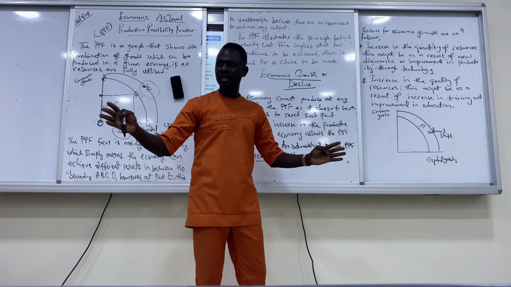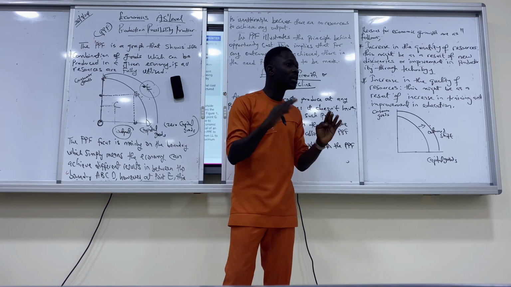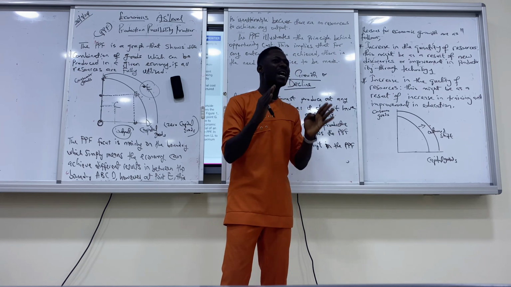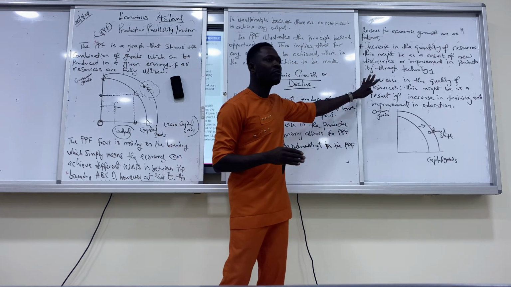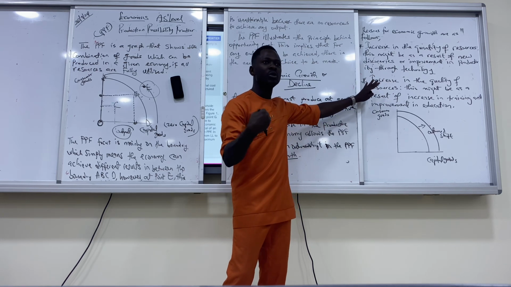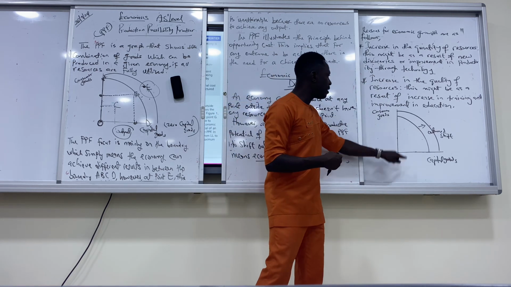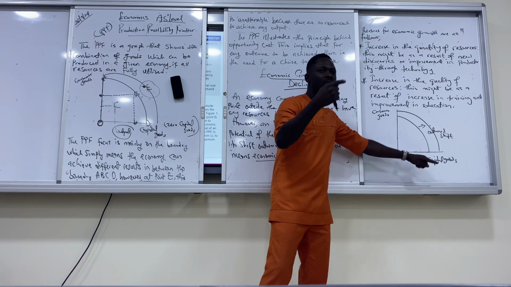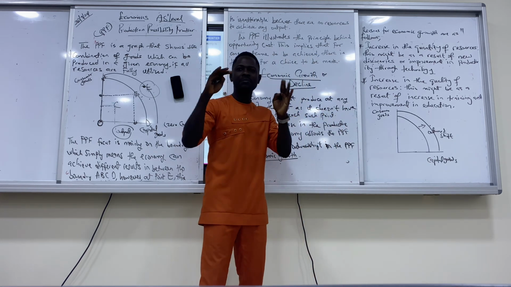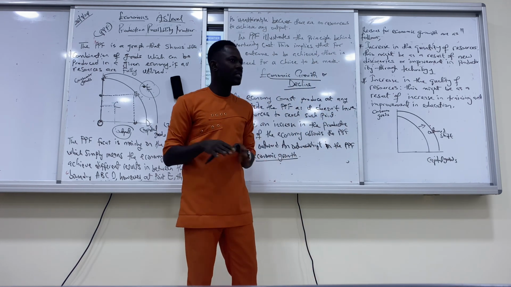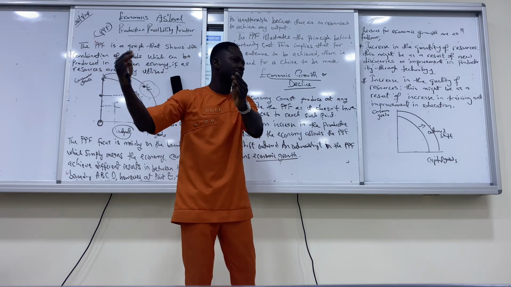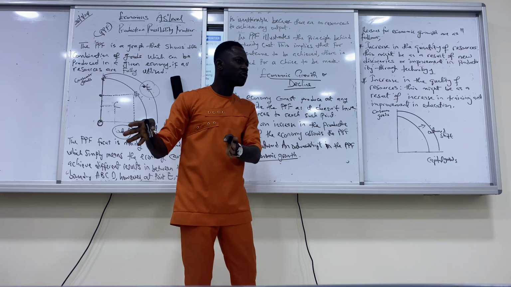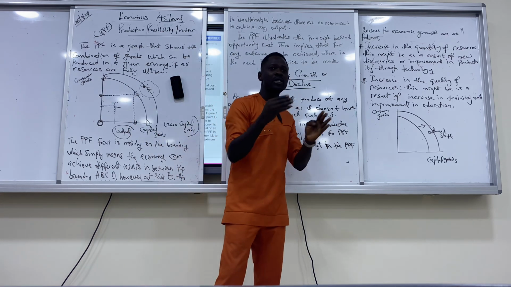Are you getting what I'm saying here? An economy might not be able to produce large quantities because they don't have advanced technology. So with advanced technology, the quantity of goods will what? The quantity of output will increase, shifting the PPF outward. That's one. The other one is the economy might be able to discover new raw materials, like, oh, there's a discovery of oil, oh, there's a discovery of gold, there's a discovery of diamond in this country. That would increase our output, yes or no?